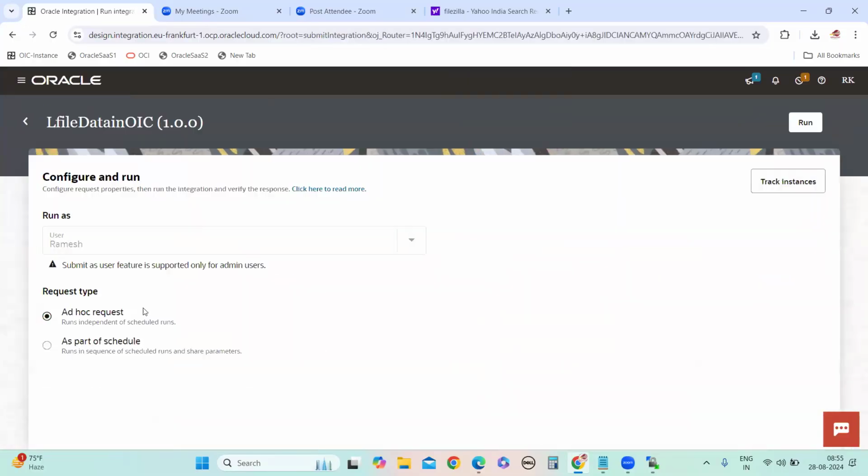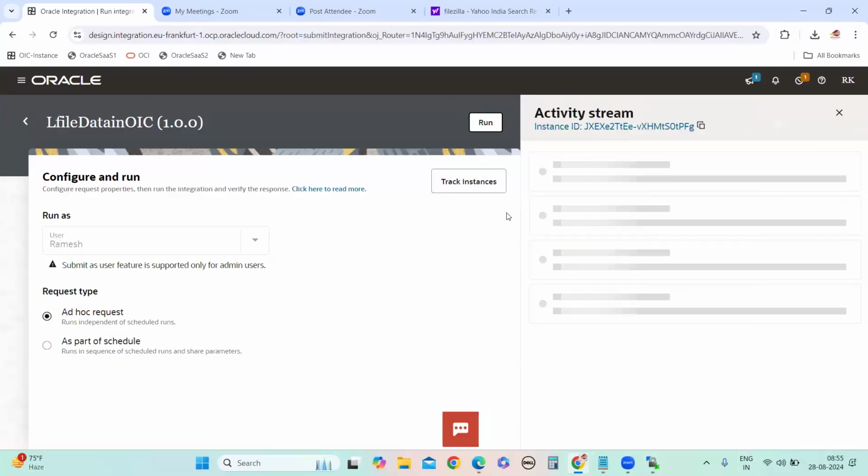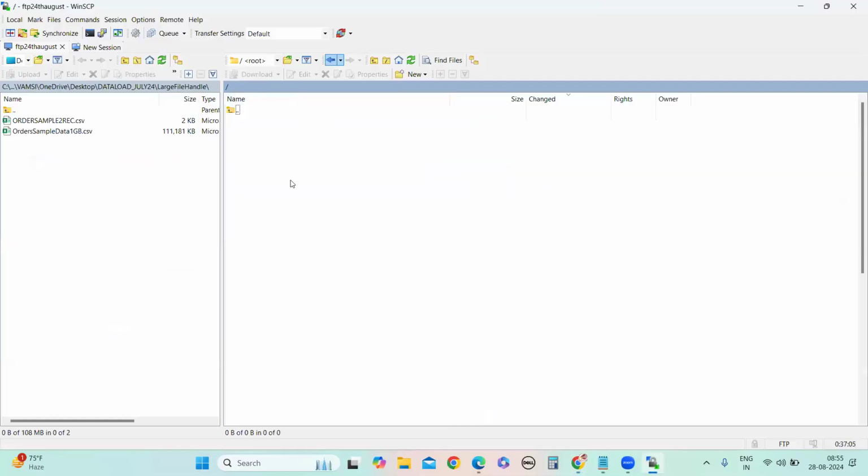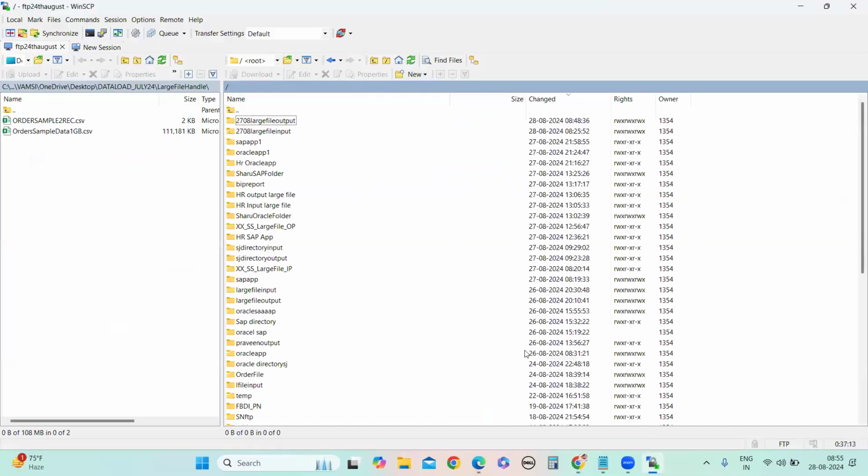Run. Large file output. Will take some time.